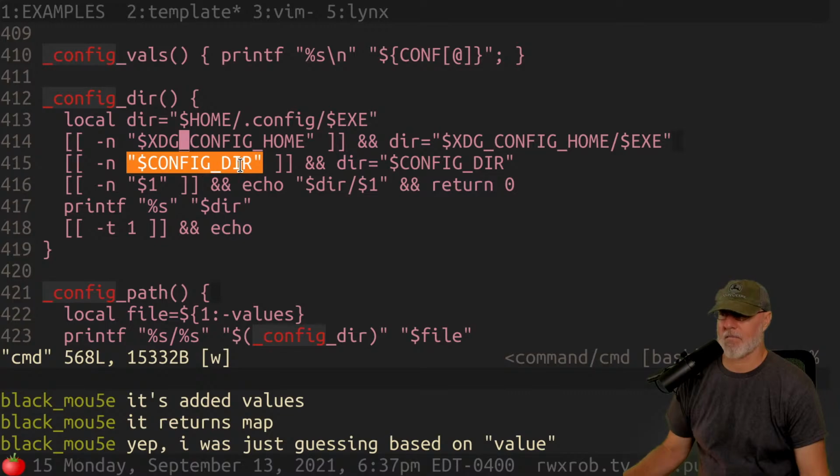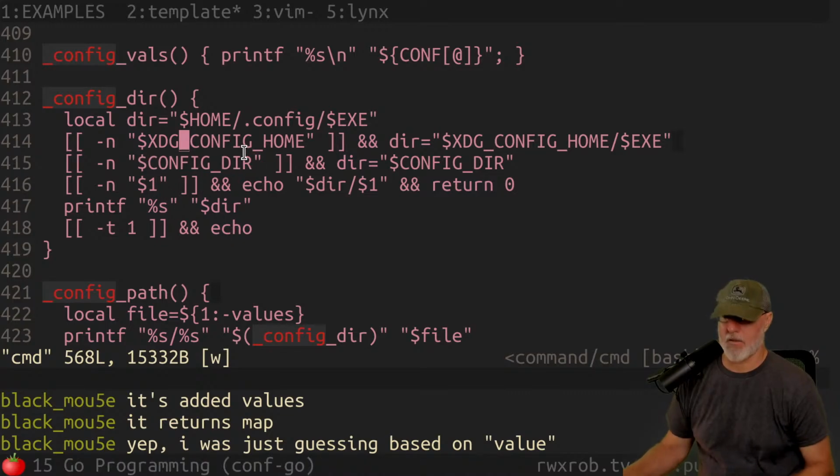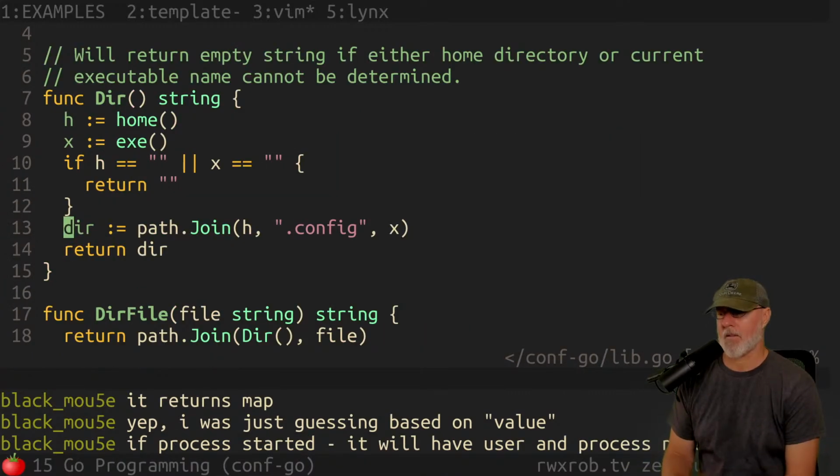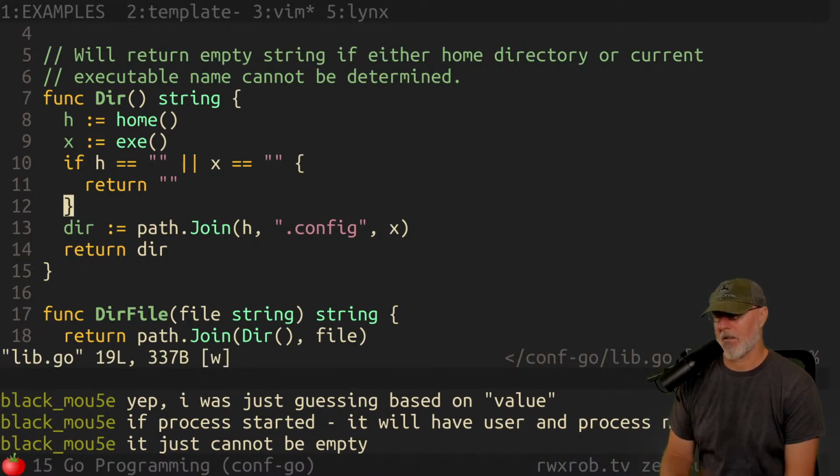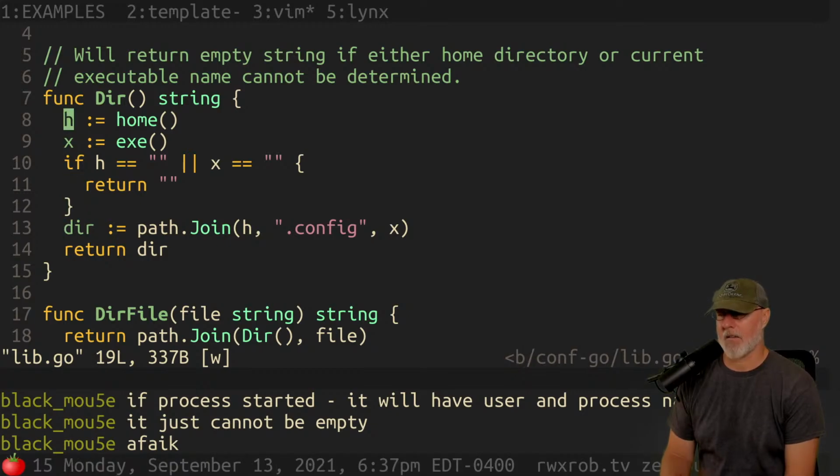And we have two different things going on here. Okay, so let's do this. So if the process started, we'll have user and process name for sure. Yeah, it just cannot be empty. Yeah, but I don't need that because it will never be empty.